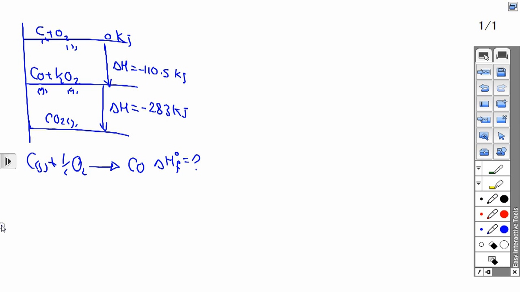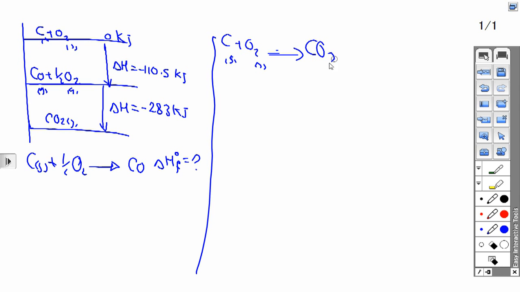And the equation should contain C and O. We can get this from which? What are the two equations from the curve that have CO2? This is the first and this is the second, right? So the first equation: C solid plus O2 gas produces CO2, and delta H in this case equals negative